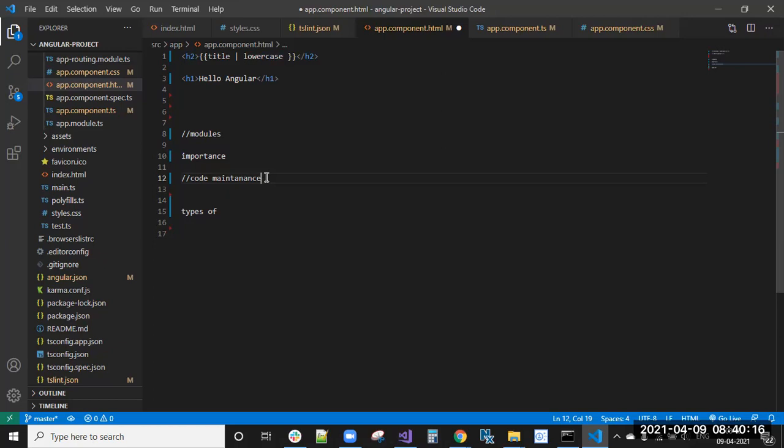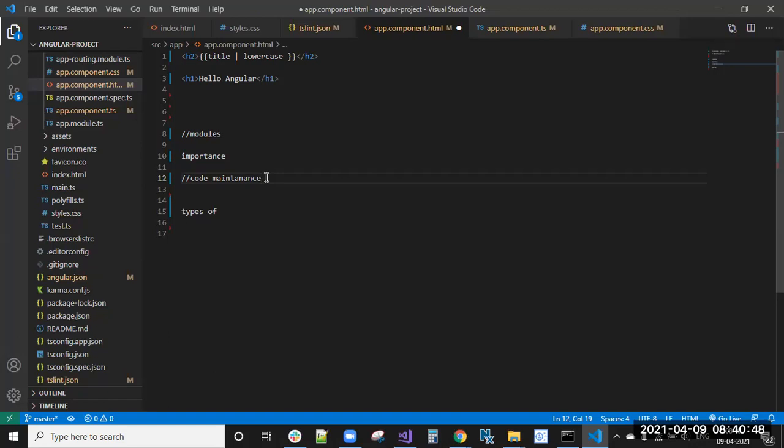The next developer will easily understand that this is the header module, which contains the information about the header components. So the header-related information will be contained in the header module. The footer-related components and services that I have written will be in the footer module, which will be included in the modules.